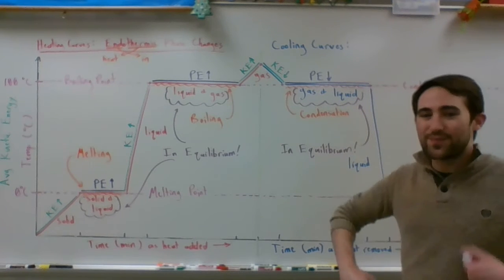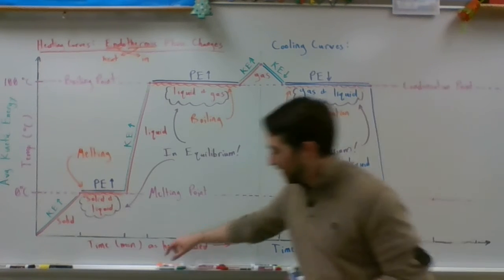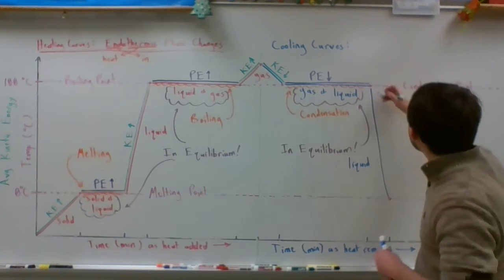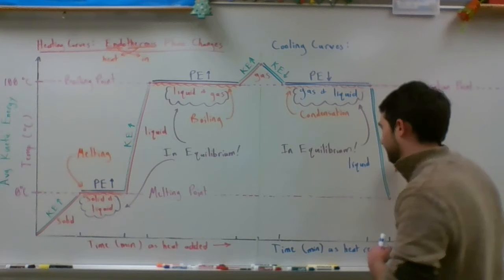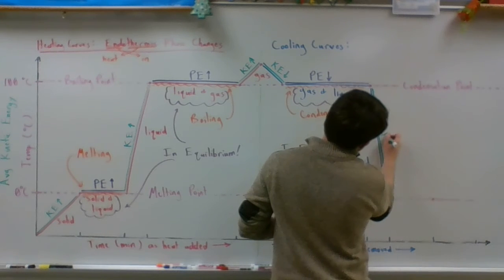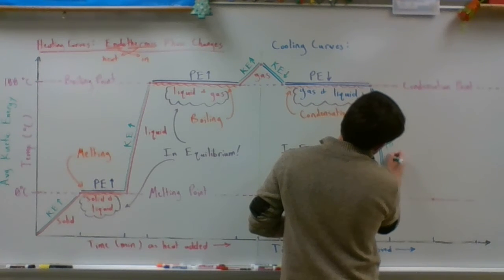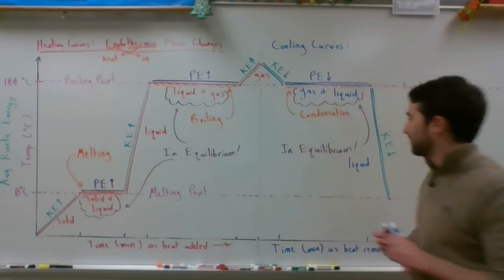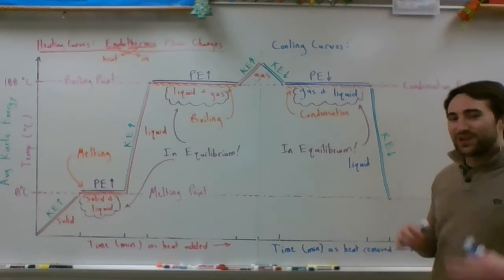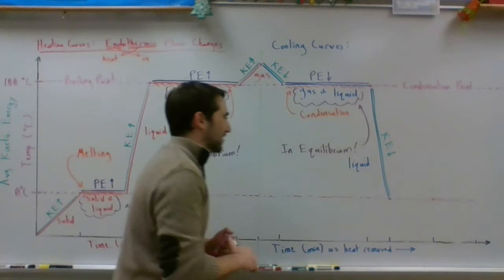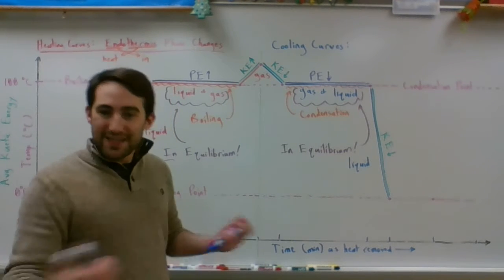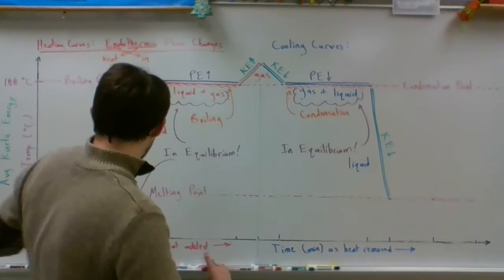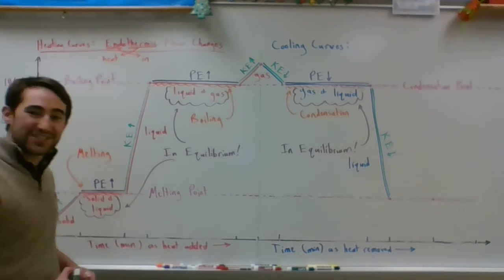Our particles are once again moving slower and slower and slower. Okay? So as long as we've got the liquid alone, that energy that's being lost affects how fast those particles are moving. Okay? Until that is, we reach another point of phase changing